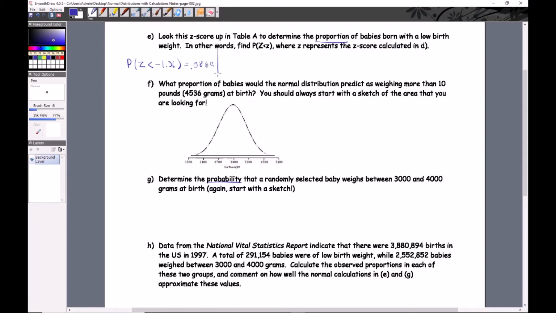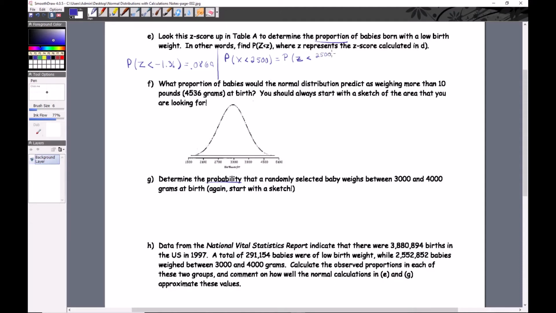All right, that was great. No problem. But it's very archaic to do that off of tables. I want to show you the flow of doing this using your calculator from beginning to end. What we want to do is go from an x value to a z value and finally to a proportion or a probability. So we'll start out with the original question: the probability that x is less than 2,500, low birth weight babies. That is going to be the same proportion as the probability that z is less than